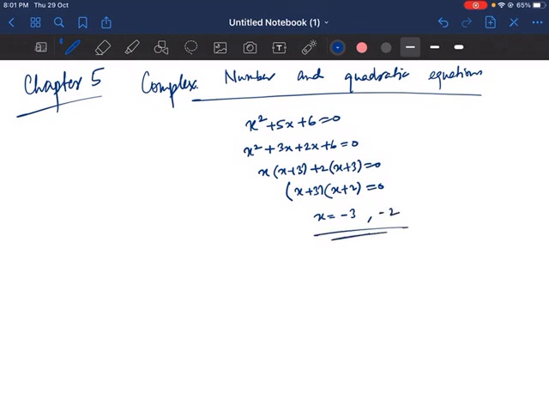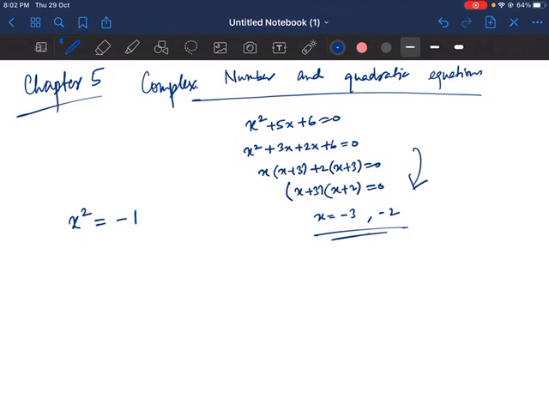So in this way we used to factorize the quadratic equation and find the solutions of those particular equations. Now there will be some equations in which we cannot find real values, we cannot find real numbers like this: -3, -2, 2, 4. So there are some types of quadratic equations in which real solutions cannot be determined. Let me show you one example: x square is equal to -1. Can you think of any number whose square is a negative number? We learned in my first chapter that whatever number you pick and square, you will always get a positive number, right?